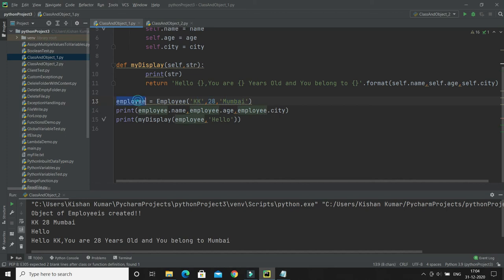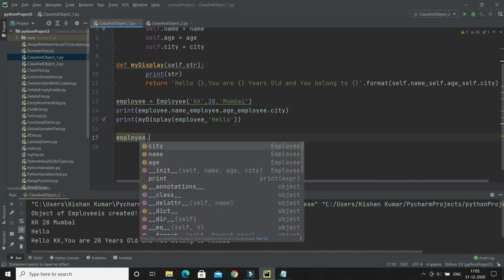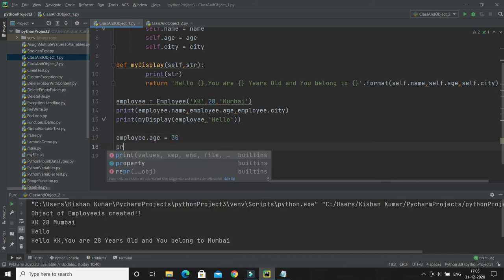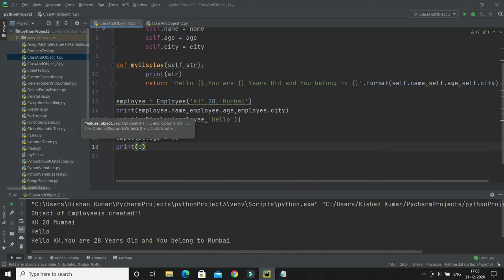Let's say I'm curious to change the age of the employee. Age of the employee will be printed as 28, but I can easily modify it. I write employee.age and assign the new value, let's say 30. If I print employee.age, then it will print 30 instead of 28. Let me show you.